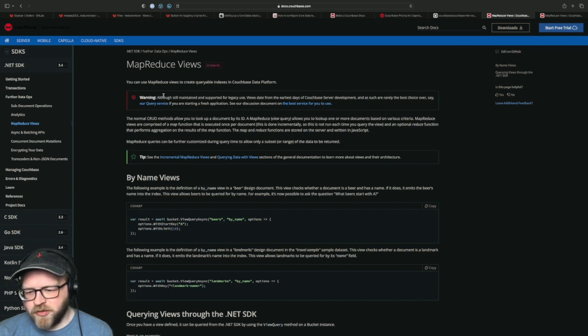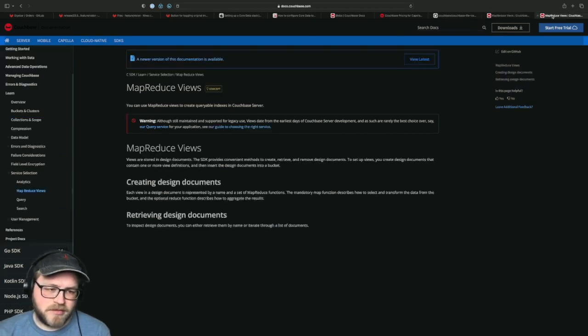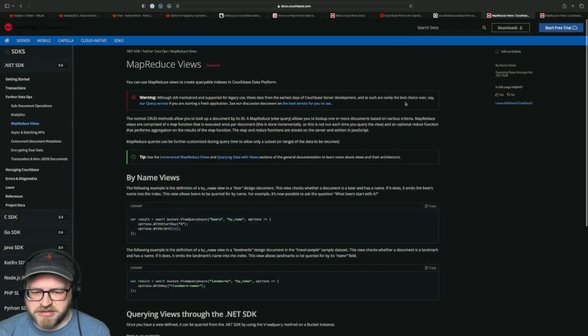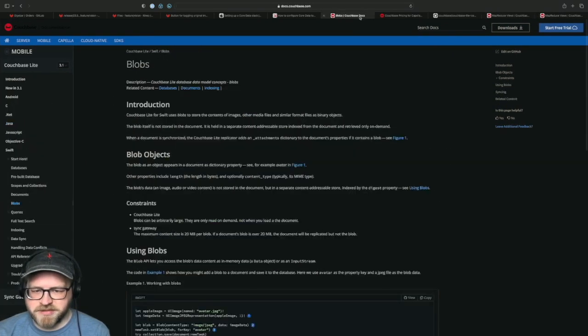Oh. Although maintained and supported for legacy use, views date from the earliest days of Couchbase server development and as such are rarely the best choice over, say, our query service if you are starting a fresh application. But I want to use the map reduce views. I like them better. And by I like them better, I mean